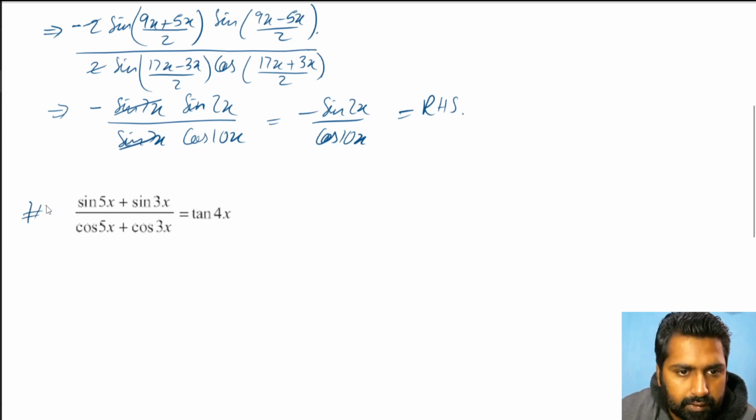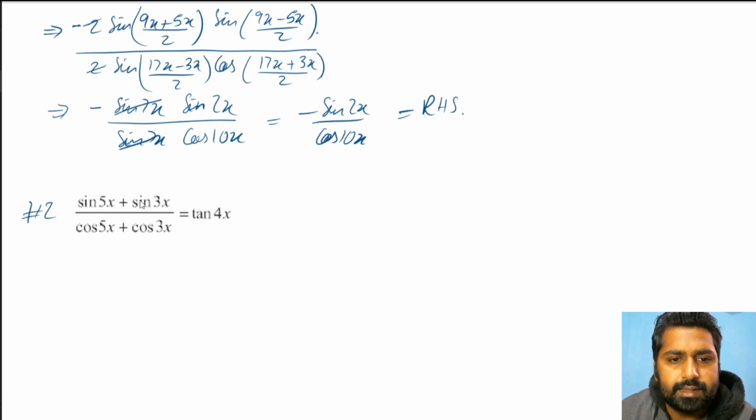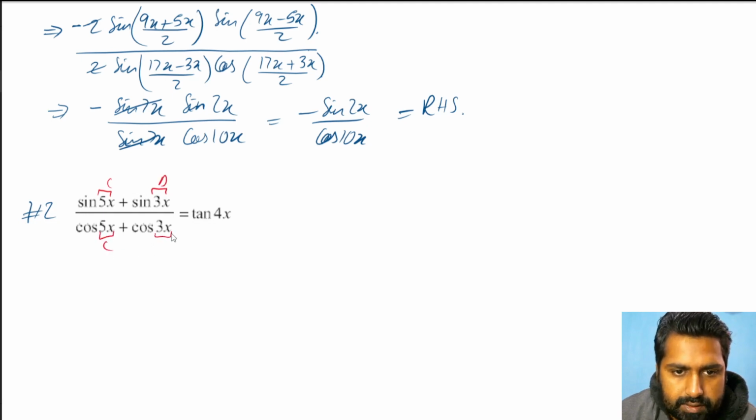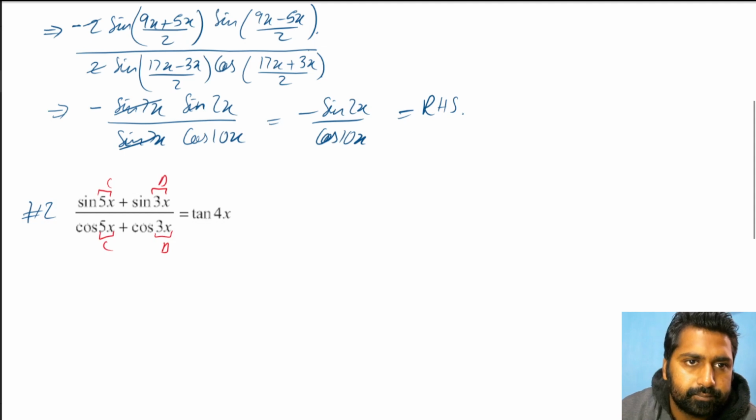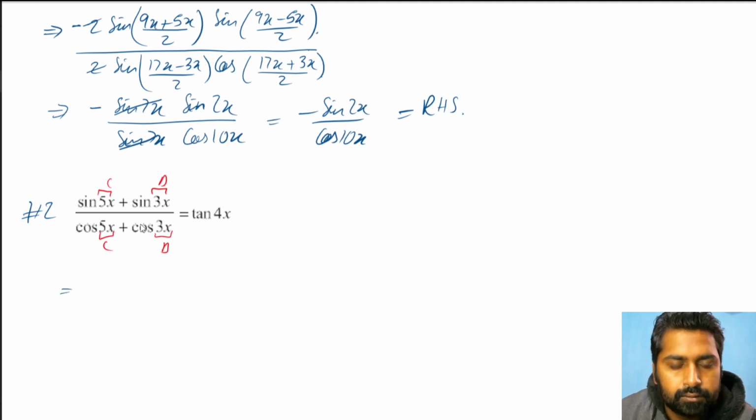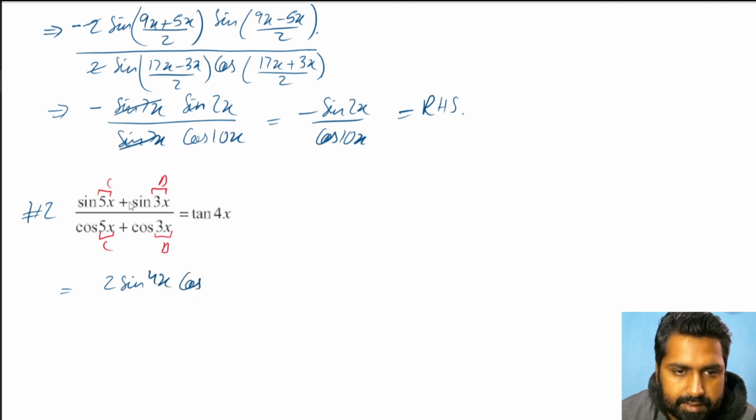Okay. Second question, again same thing. Sine C plus sine D is in the numerator, cos C plus cos D in the denominator. So sine C plus sine D: 2 sine, angles are added and then divided by 2. So I'm doing this one directly this time. 5 plus 3, 8, 8 by 2, 4x. Cos, subtract them, 5 minus 3, 2 by 2, only x, upon